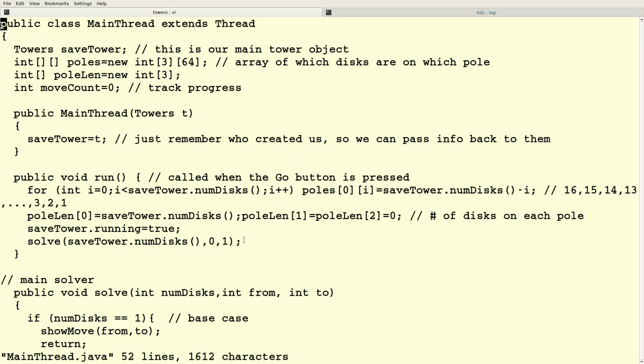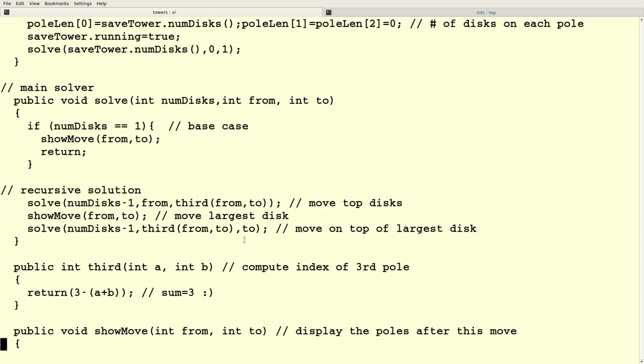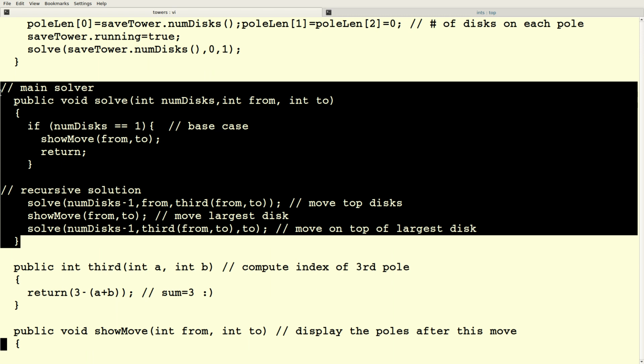Pole 0 is on the left, 1 is in the middle. And the solver is just our good old recursive solve. So if number of disks is 1, just move from the from pole to the to pole and you're done. Otherwise, move n-1 disks from the from pole to the third pole, and then move from the from to the to, that's the largest disk, and then move the n-1 disks from the third pole back to the to pole.